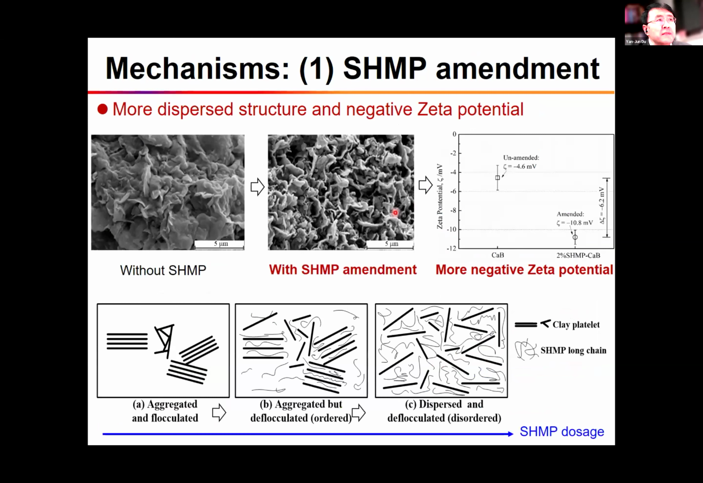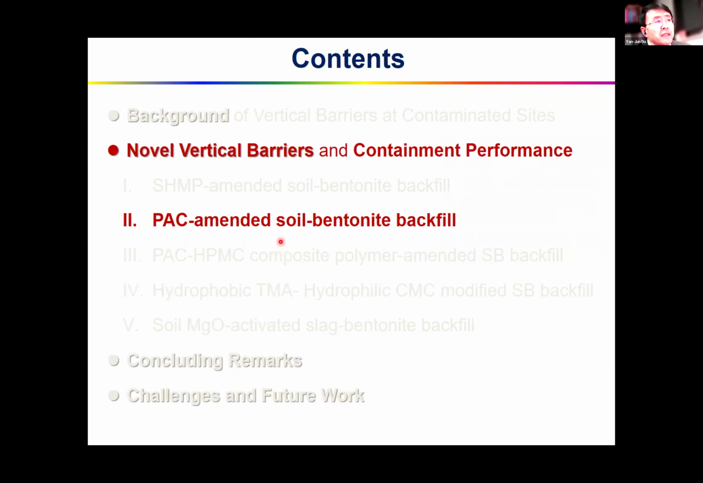So why this happens is due to the more dispersed structure and the more negative zeta potential of the bentonite, as validated by the SEM photos. I'm not going to say it in detail because time is very limited. Let's look at the second